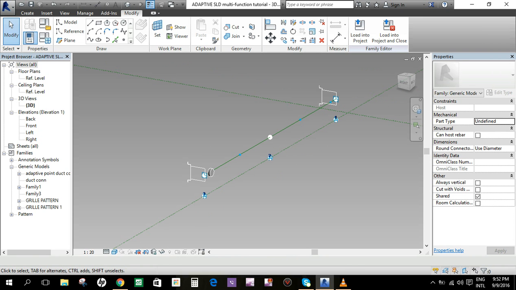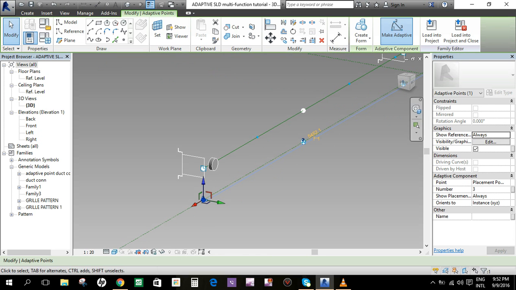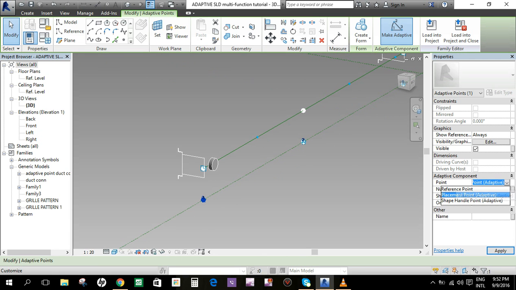Okay, we now go to these adaptive points. If we select this three-point adaptive, this is the placement point adaptive.